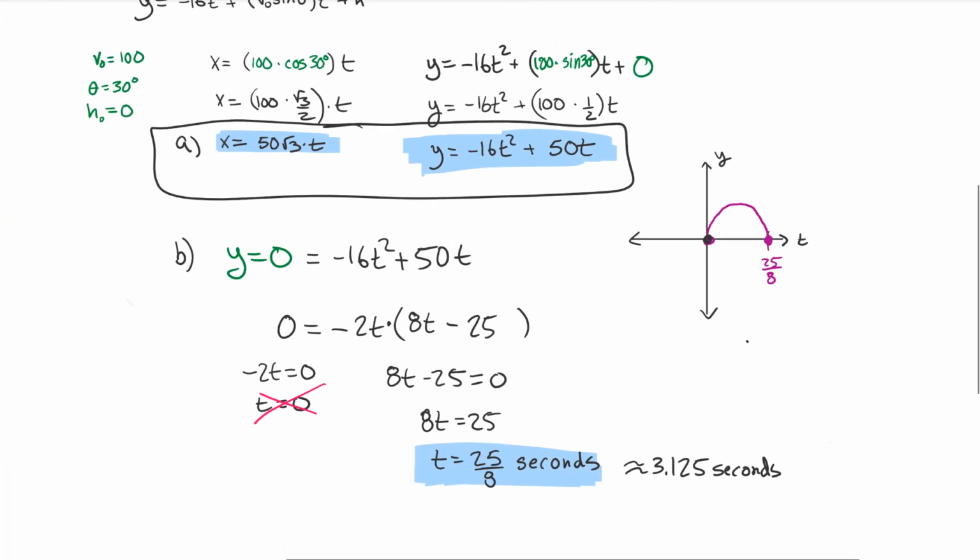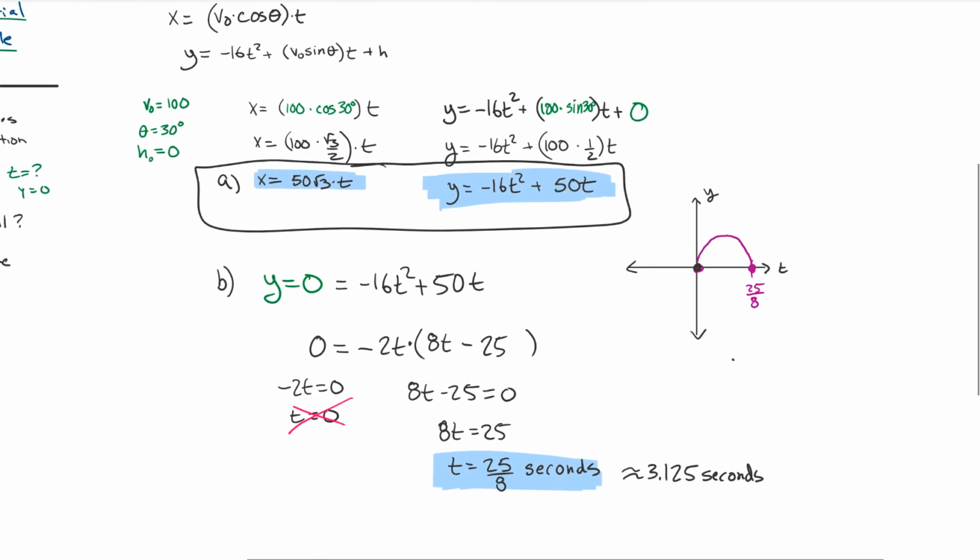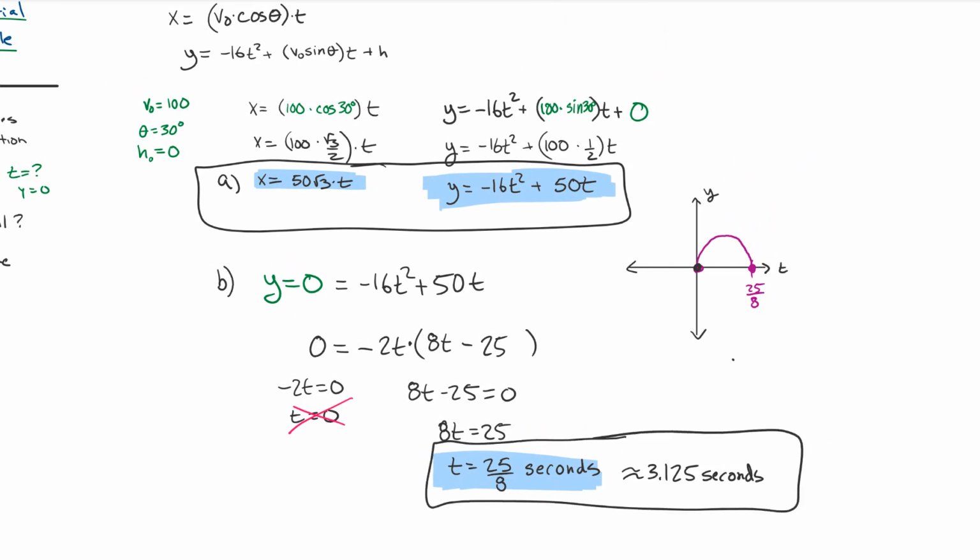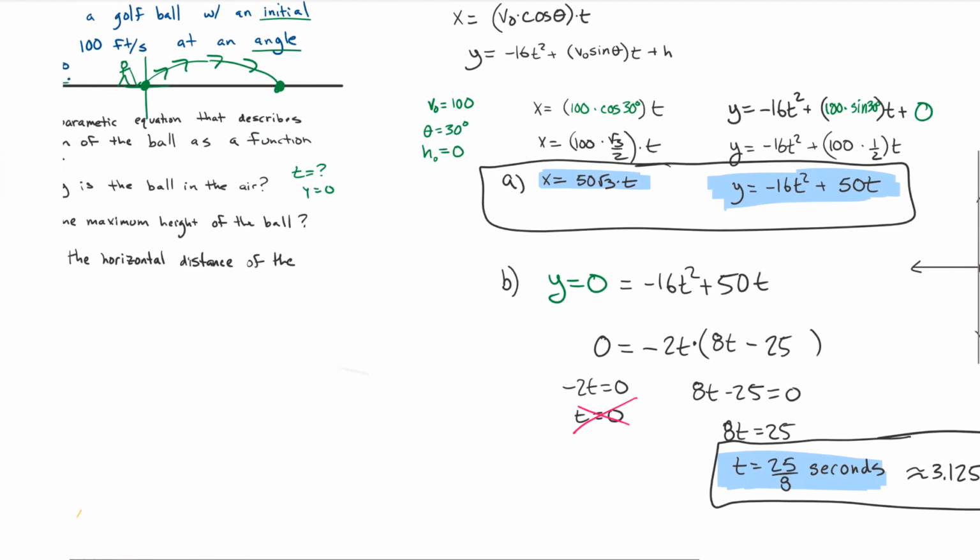All right, so we handled our first ones. We handled A and B. We know when it hits the ground. We have two parametric equations. And then when we come back,